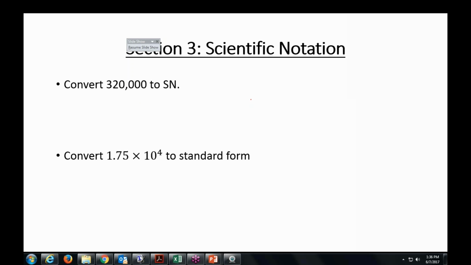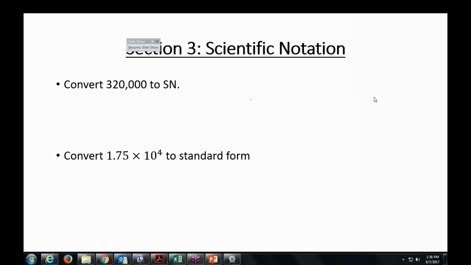Depending on your calculator, some calculators, when you have big math that you're doing, will give you the answer in scientific notation. So if you type something into your calculator and it spits out a number and you don't know what it means, feel free to take a picture with your smartphone and email me the picture, and I can tell you what it means, because I've seen most calculators. So don't freak out if you think your calculator's broken. It's probably just writing it in a different way you're not used to.